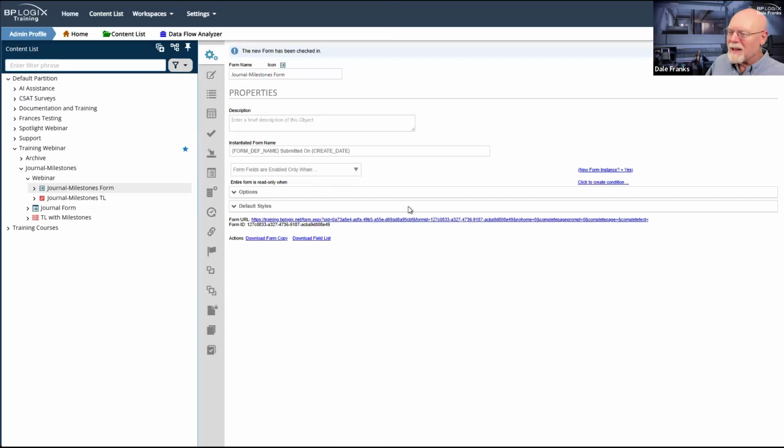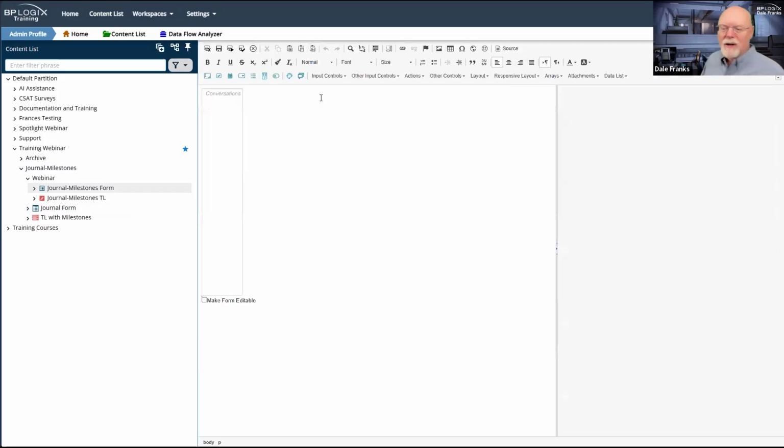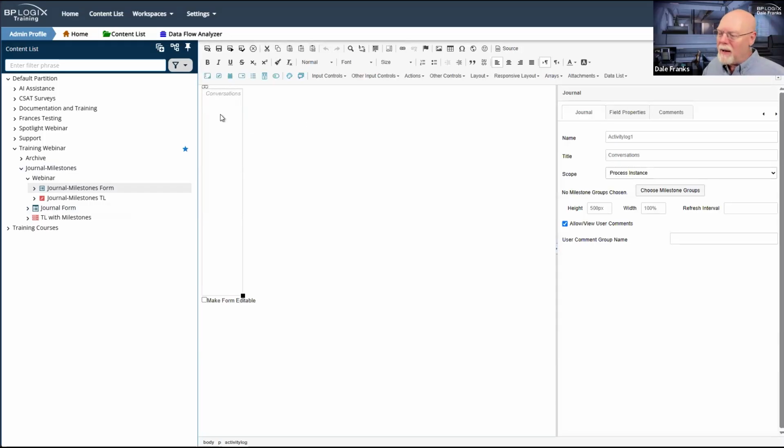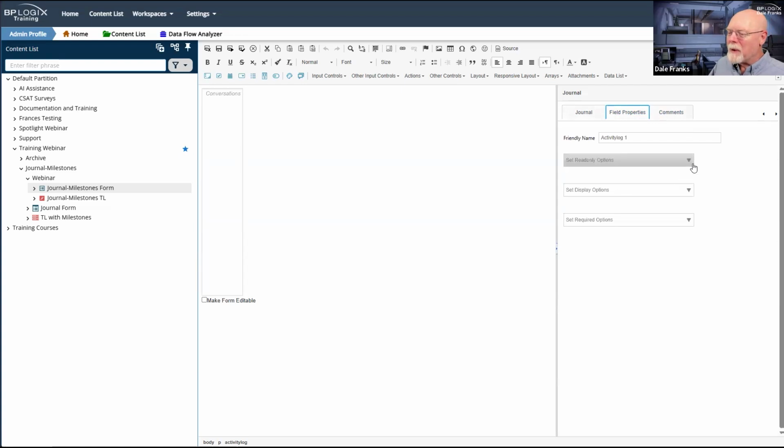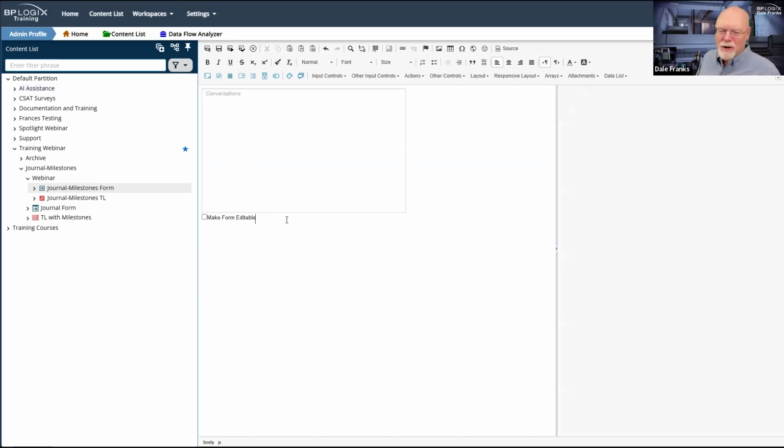So let's make this a little bit clearer here. Let's update my form. And we'll go into Process Director. And I'm going to go ahead and, yes, I'm aware of this weird view issue. Sorry about that. Engineering team needs to fix that placeholder. But I am going to go to the field properties and I'm going to set this to enabled to. There we go. It's showing me what I should be seeing.